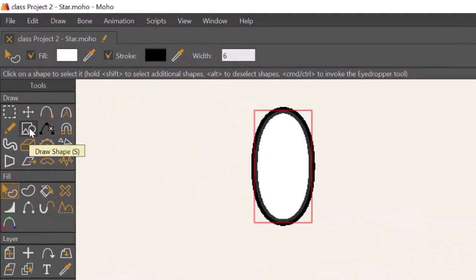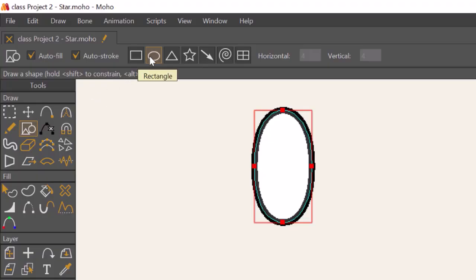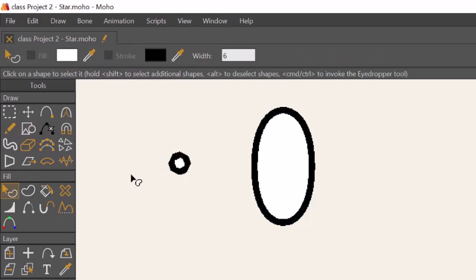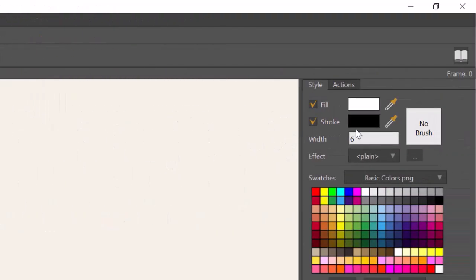Next, we'll create another shape for the eyeball. Once again, we want the oval, but this time, hold down Shift so we can pull a perfect circle. There we go. That's a nice size for a pupil. Now the thing we want to do with this is once again select the shape with the Select Shape tool, come over, and this time if we want the fill to be black, which we do, we can use the eyedropper. Pull the eyedropper to any color on the screen and it will use that color. For instance, I can pull it down onto the stroke color and make it